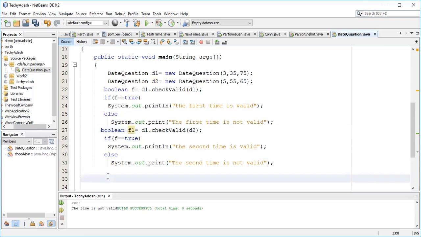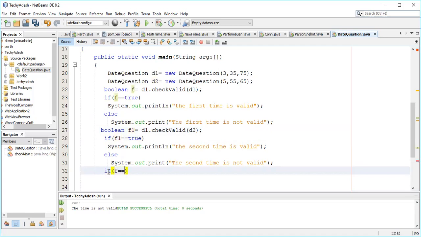Now I can put my condition: if f is equal to true and f1 is equal to true, both are true, it means both the time formats are proper, right? Then we will call the function.